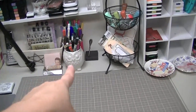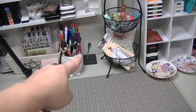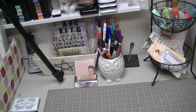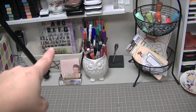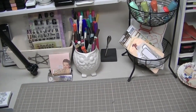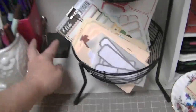My mom gave me that owl for Christmas this year, and so I put my most used pens there and my least used pens back there. I do a lot of outlining and stuff, so I use my pens a lot. I keep all of my most favorite alphabet stamps that I use the most right there. I don't use alphabet stamps so much now that I'm not doing Project Life, but I used to use them a whole lot. That's my paper piercer, which is...